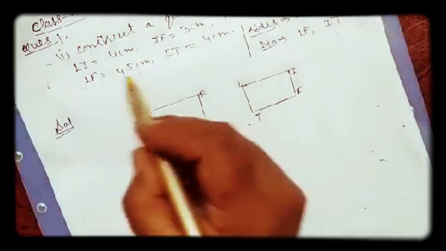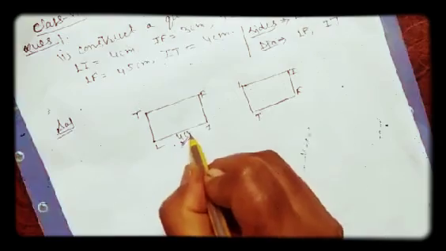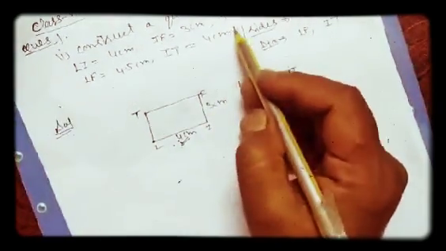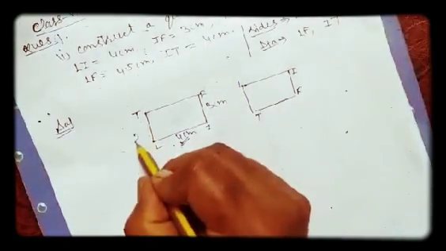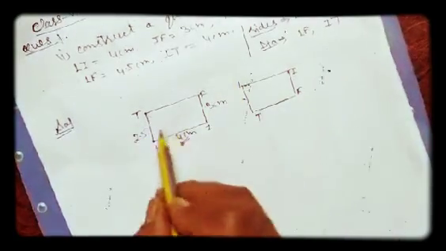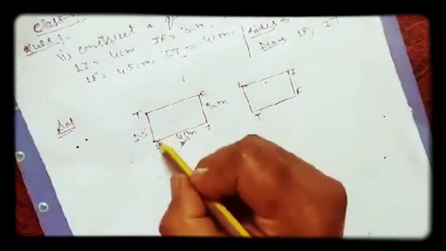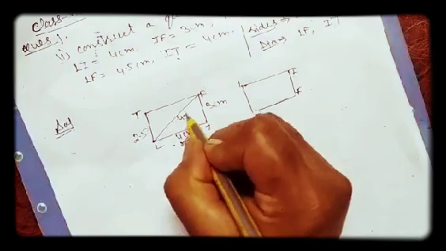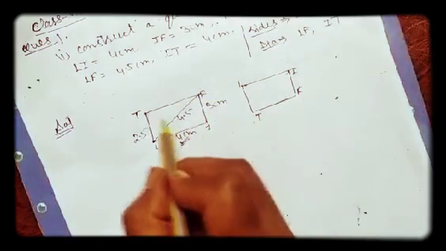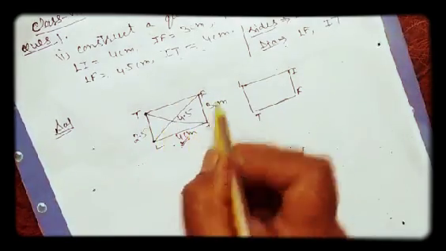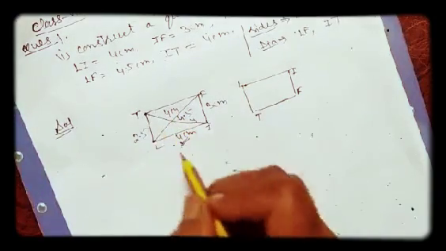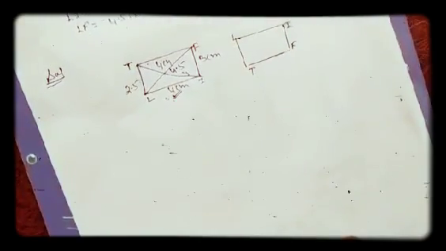तो LI का measurement क्या है? LI will be 4 cm, IF is given 3 cm, TL this is given 2.5 cm, then LF is this diagonal, तो diagonal आपका आ गया 4.5 cm. IT will be 4 cm. This IT is 4 cm. Now this way we have to construct this quadrilateral. तो ये आपका रफ स्केच है.